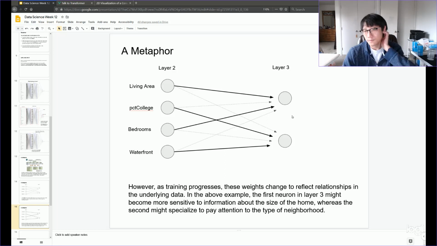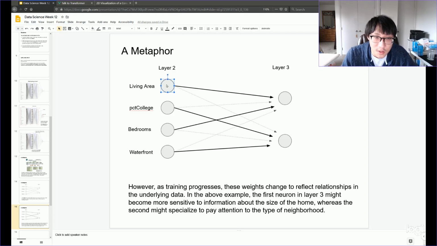So why does that help? Well, you can see that this neuron here for the living area and the bedroom, if you think about the living area and the bedroom, they pretty much talk about the same thing. They talk about the size of the home. After training, in the next layer there's going to be probably 1 or more neurons that are particularly sensitive to variables related to the size of the home. You can see that after training, this neuron has become very sensitive. It listens primarily to this neuron and this neuron in the input layer, which talk about the size of the